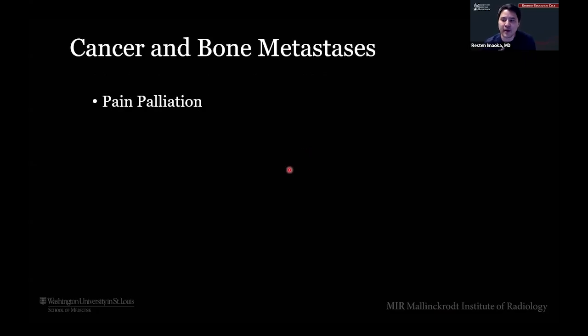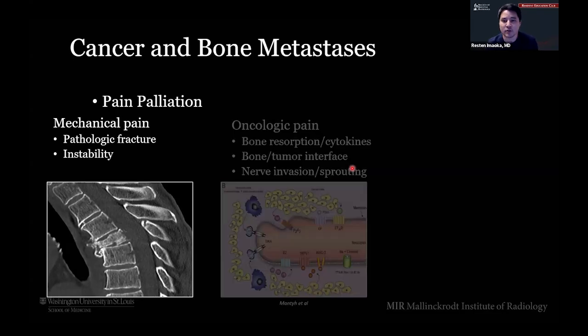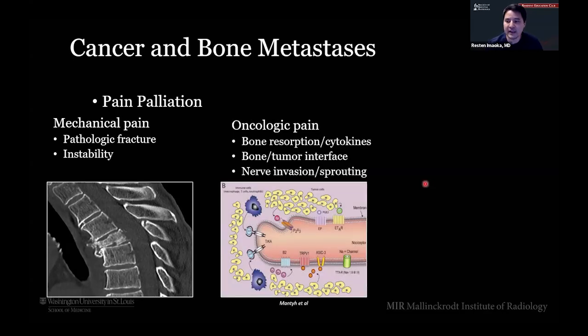So, pain. When we talk about pain, it comes in many flavors when it's regarding cancer. That could be mechanical pain, which is a little bit more of an obvious one. This is pain due to a pathologic fracture and/or the instability and mechanical pain of axial loading on the spine and the movement of those unstable fragments. It could also be oncologic, due to any of the many ways that nociceptors are stimulated by tumor-associated immune cells, or any component of the tumor microenvironment.